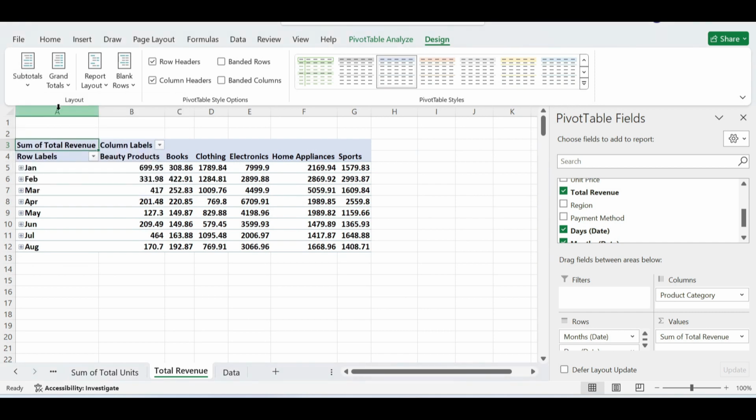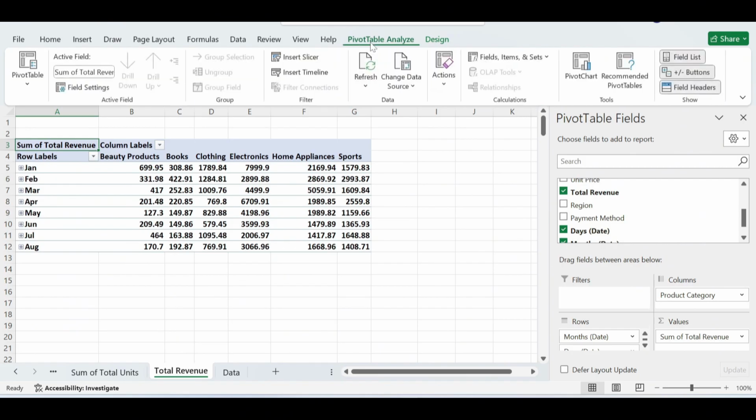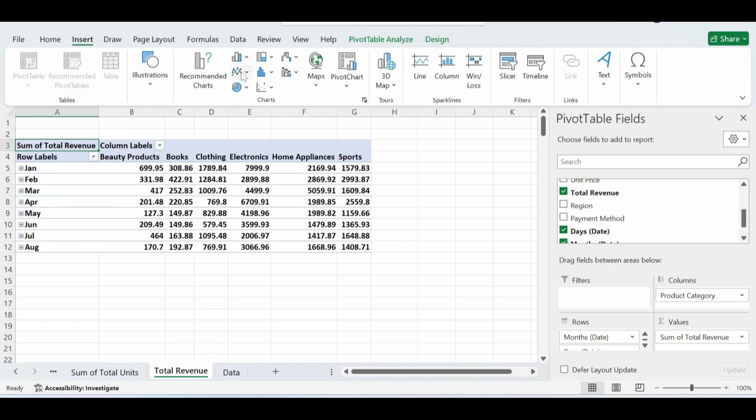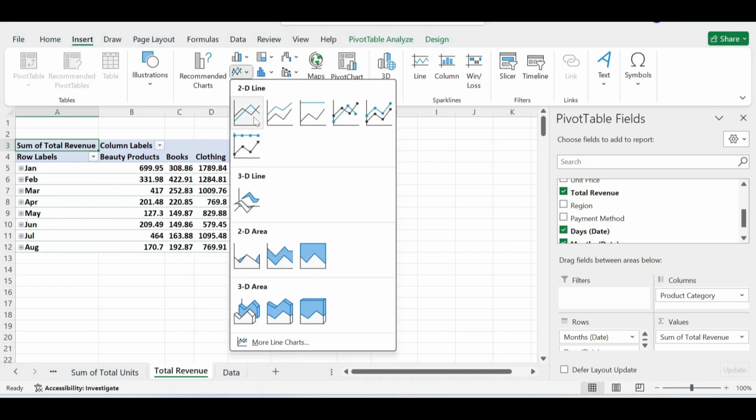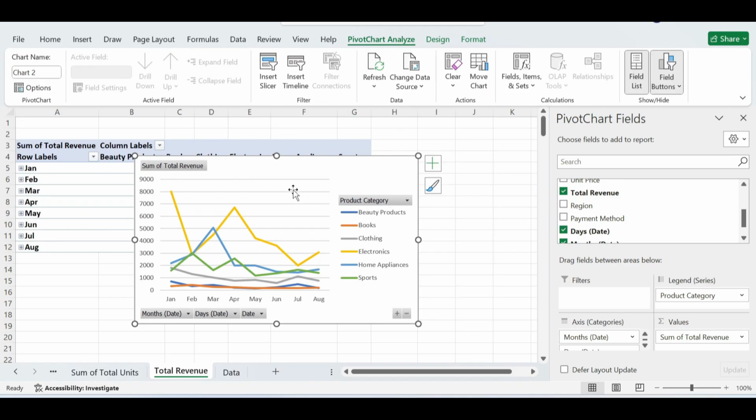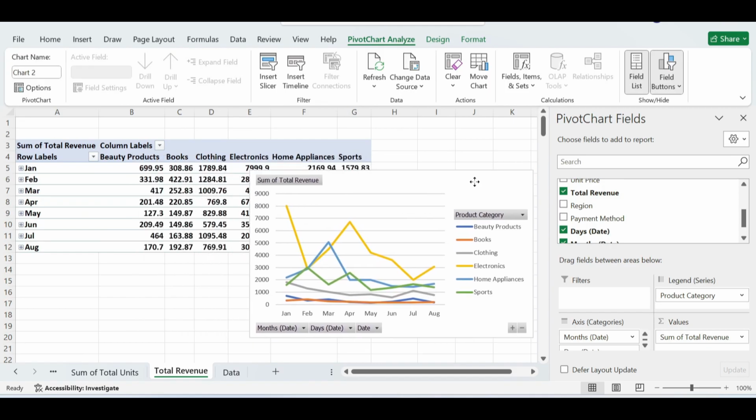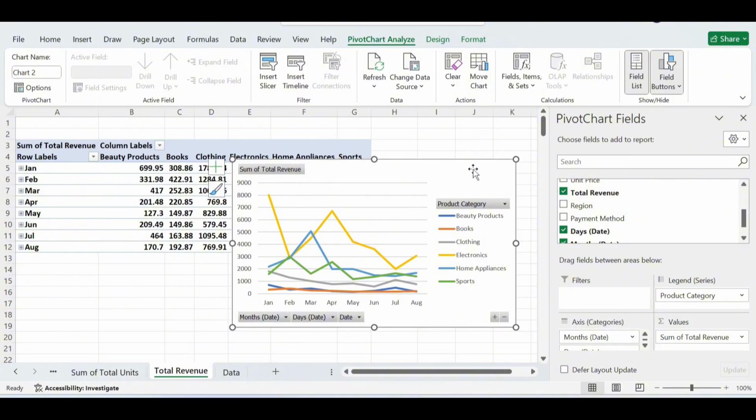So what to do next is just to draw a line graph through different ways. You can go through PivotTable Analyze, PivotChart, or you can come to Insert, go to Charts, click Line, 2D Line, and you click it. You get the same thing if you do it both ways. So the next thing to do now is to